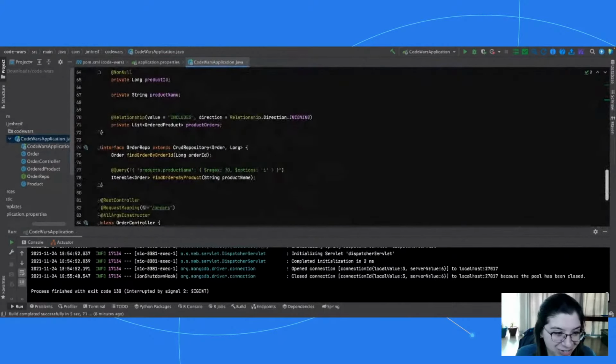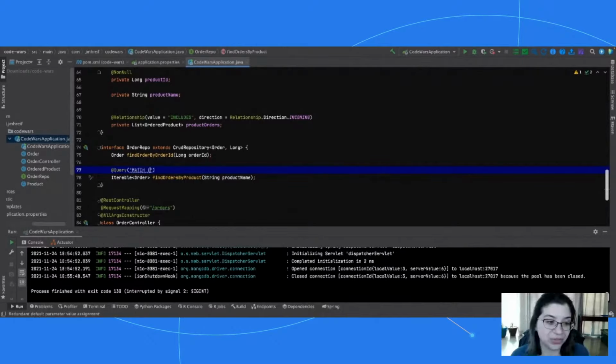One last thing before I forget it again is the query. So custom query, I'm using Neo4j, therefore I can use Cypher. So I have an order, well, includes product.